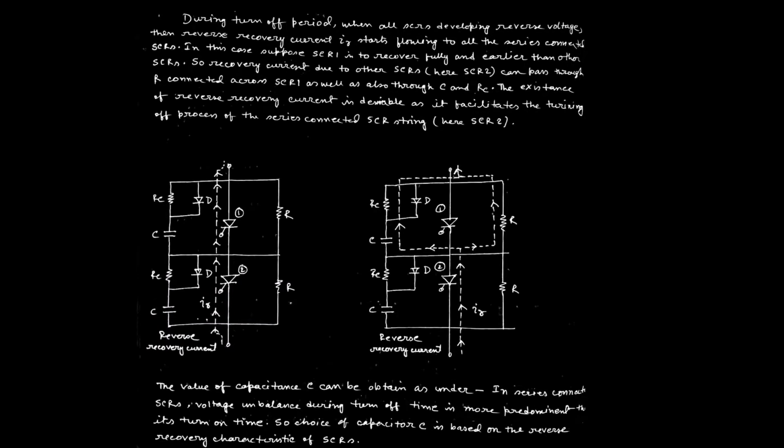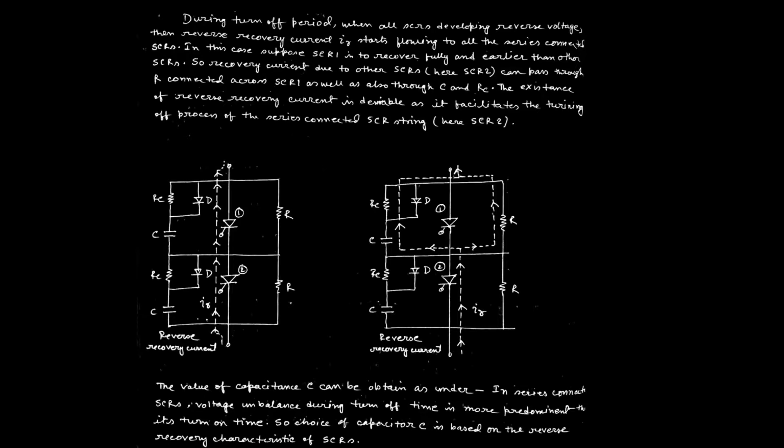We know in case of turn off, the SCR should be in reverse bias condition. That means a reverse recovery current can easily conduct through the SCR. Then what happens? Suppose the turn-off time of SCR 1 is large with respect to the turn-off time of SCR 2. That means SCR 2 is still in the conducting state when SCR 1 is turned off. Then what happens? How is it possible?